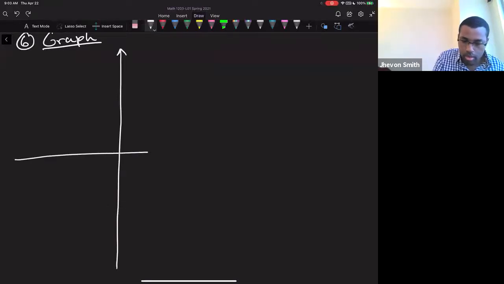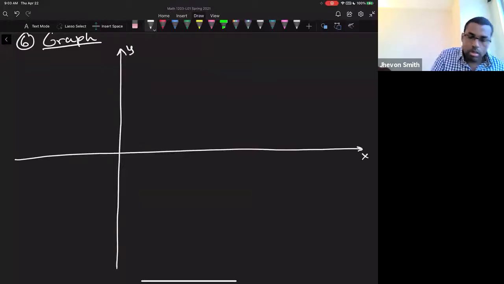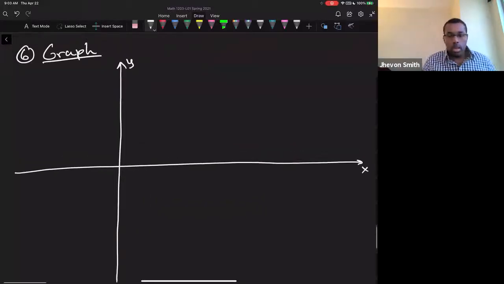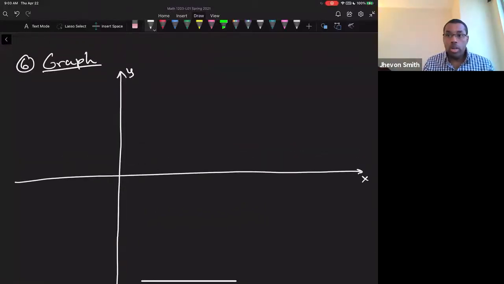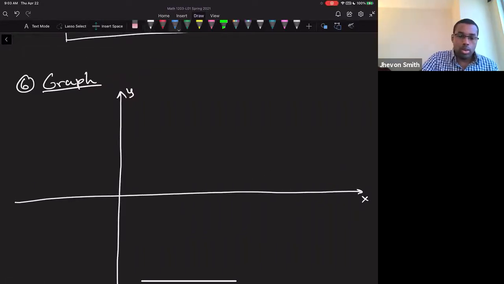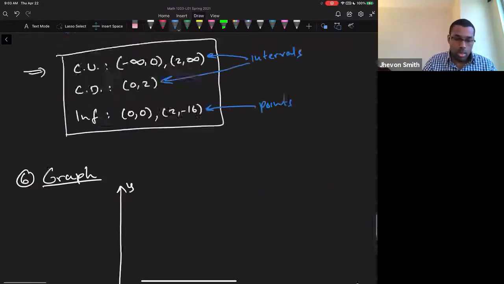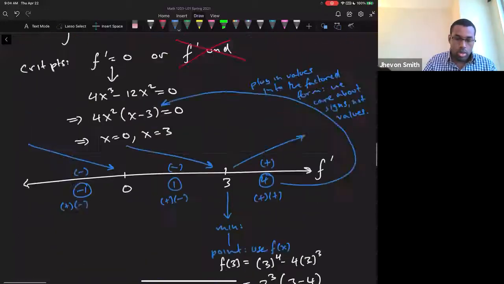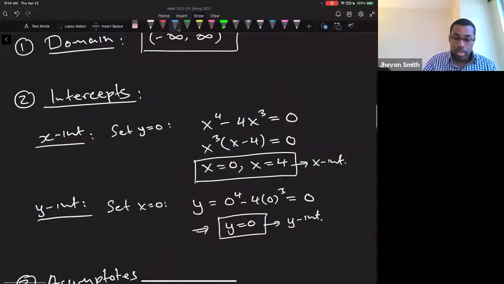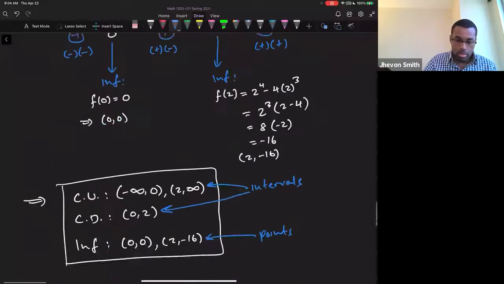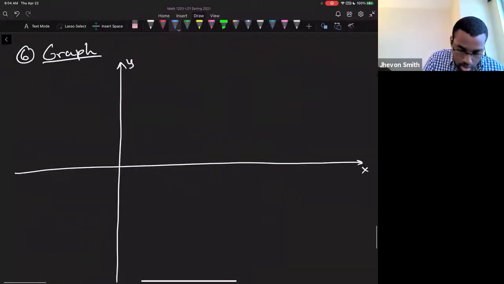I have some big negative numbers here, so let's do that. So remember, the first thing we're going to do is put in the important coordinates, right? So the important coordinates are the intercepts. So x equals 0 and 4, the y-intercept is 0. So 0 and 4